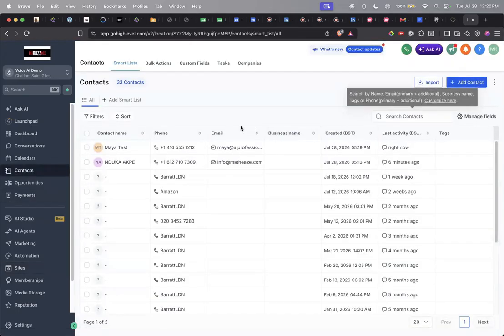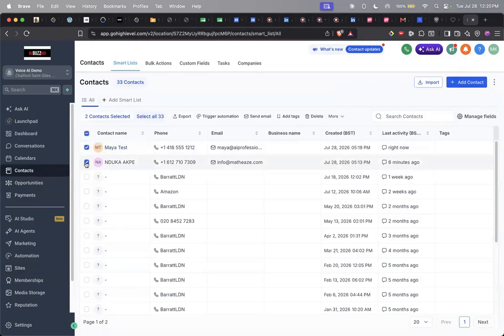There you go. Let's look for the new test contact. The data's there, and that's your contact form. So now the email is in there. If you go into conversations on the left,